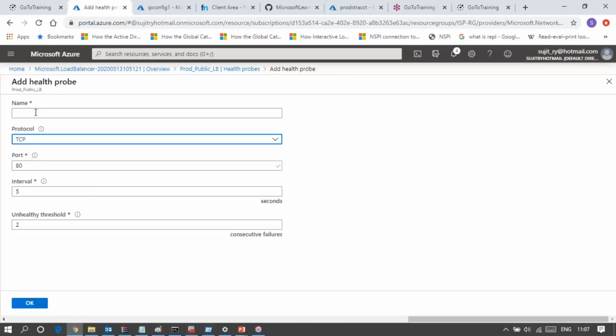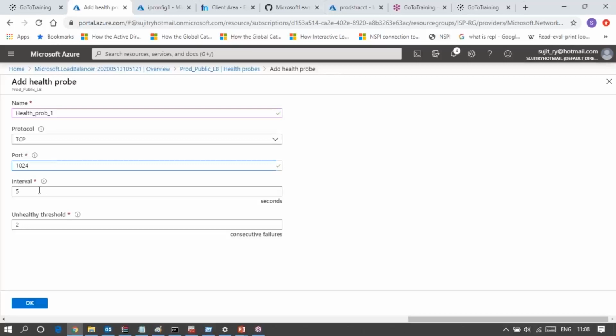For the TCP port number, you can do any kind of custom port, but remember that your backend pools should open this port at their end. Otherwise, if your backend pool blocks the port using an internal OS-based firewall, then you will get another problem.